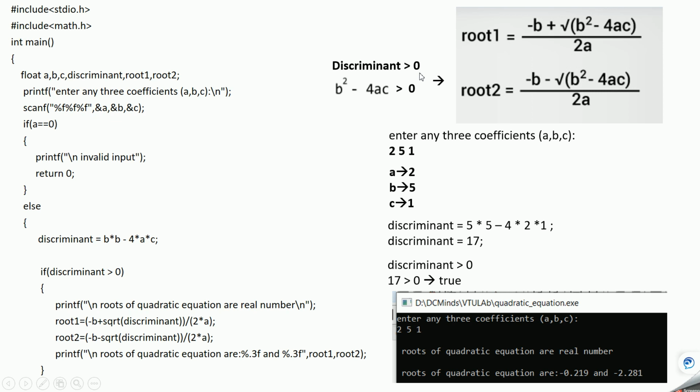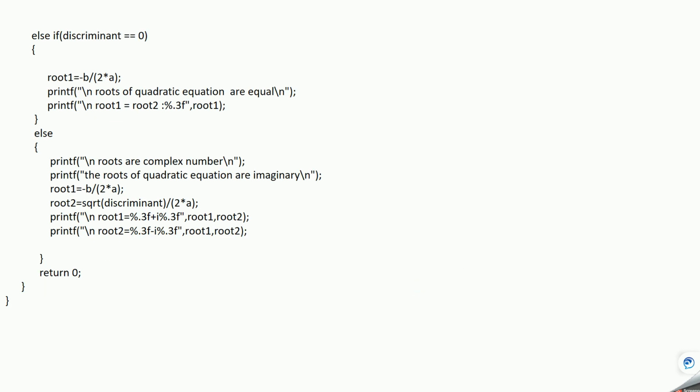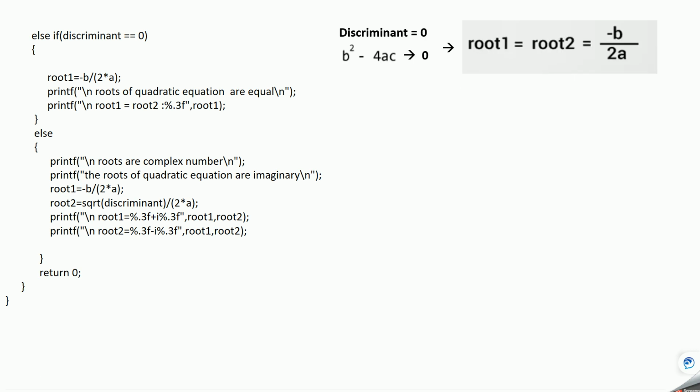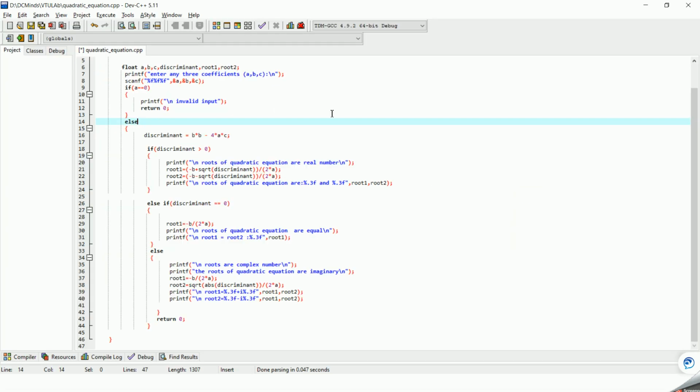Okay, so next let's see another case, when discriminant is equal to 0. I have not taken the entire program. So let's see the second case. In this case the discriminant is 0, so both roots are equal. If you take the example here, this is the entire program.